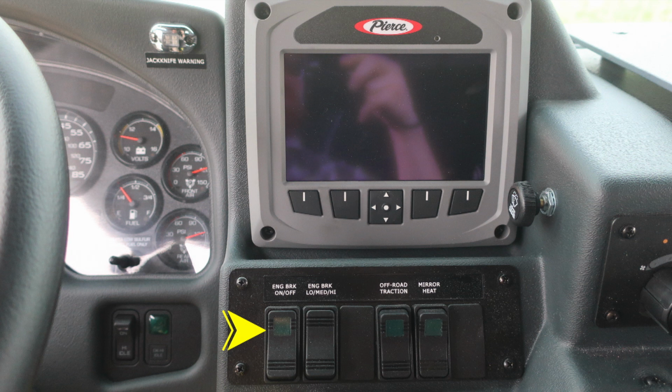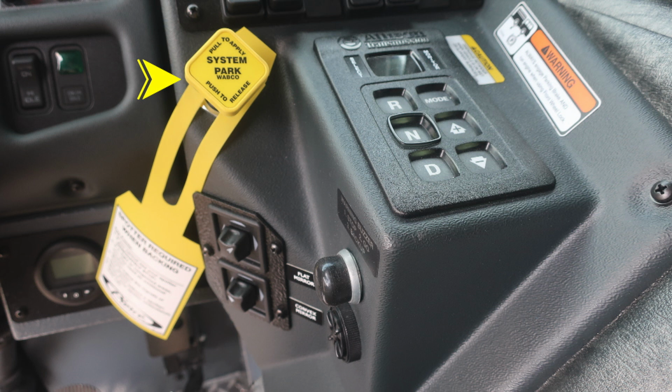As we move down, you'll find the engine brake on and off switch, medium, low, and high setting switch for that engine brake, off-road traction, and mirror heat. As we move further down, you'll find the yellow diamond, which is your pull to apply your system parking brake and push to release. Just down from that location, you'll find mirror control for the flat mirror and convex mirror,